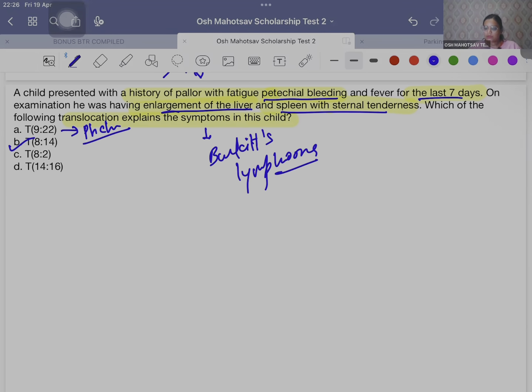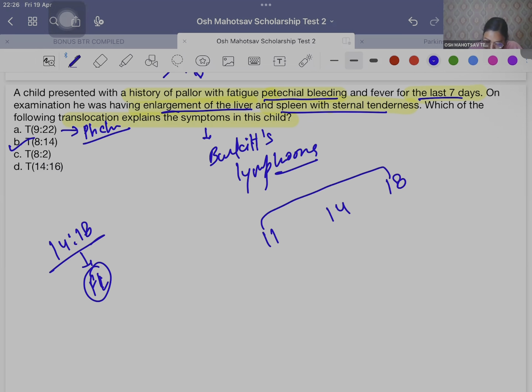So this will be our translocation 14;16. No, 14;18 will be our follicular lymphoma. Okay, so this will be our follicular lymphoma. So if you know that we have chromosome 11, 14 and 18. So if we have both these 11 and 18 translocation, this will be